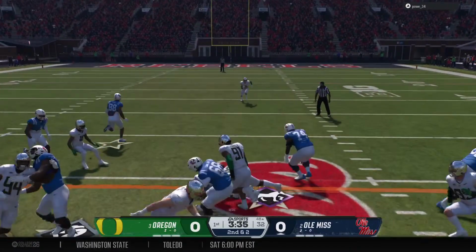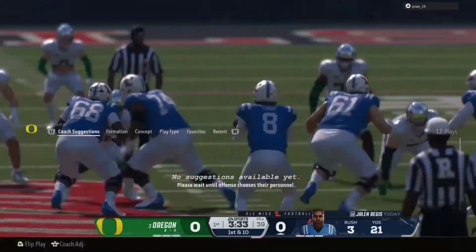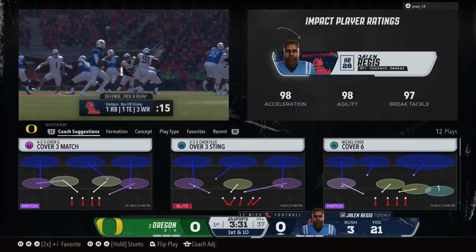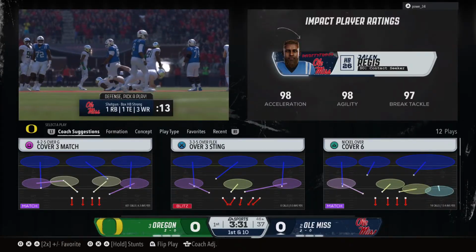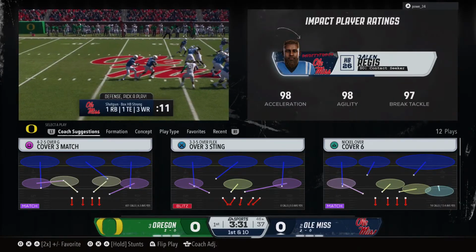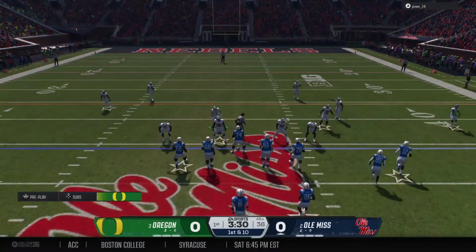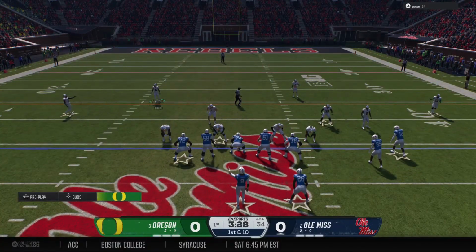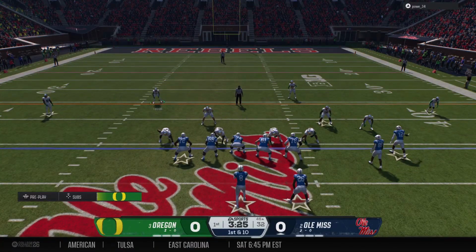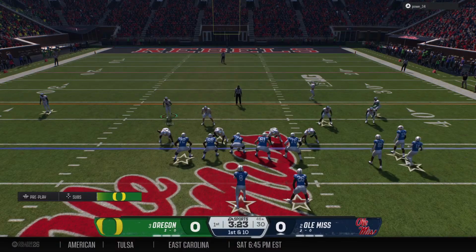On the shotgun, it's a handoff. Gets the first and still running. And the Rebels moving quickly down the field here. Well, good push up front here. I tell you, he's got some outstanding vision to be able to find those creases, to be able to get positive yards, and here he gets the first down.